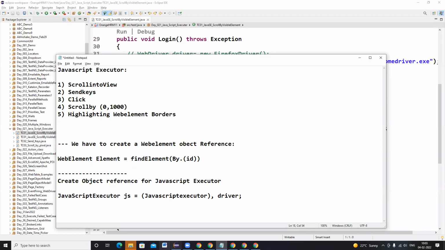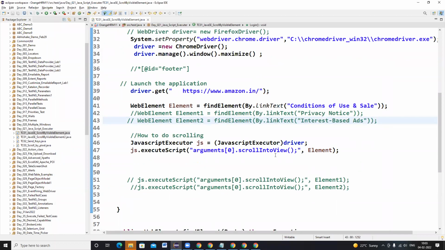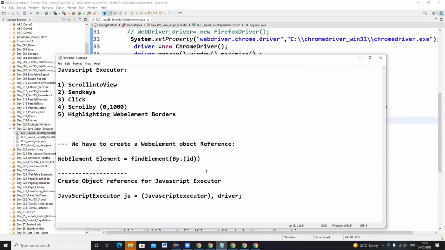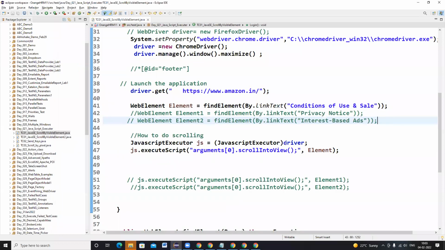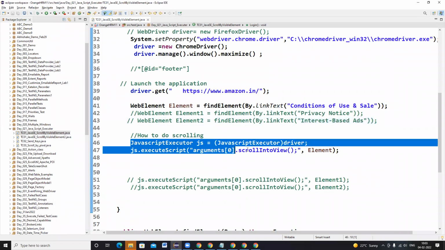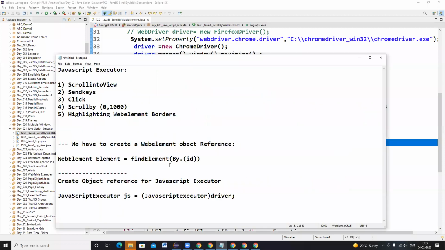And these are case sensitive. This is case sensitive, so let me copy this one. And then we are using this object reference in order to scroll into a particular web element, right?